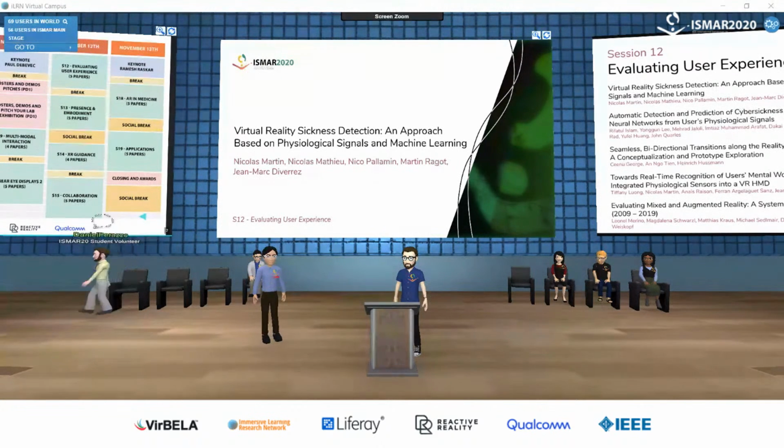At the time of the data collection, the eye tracker was not deployed as now in the HMD, but I think it's a very interesting sensor because we don't have to put it on the participants, and some studies show that it could be interesting to evaluate cyber sickness. We made the choice not to use a sensor that is too intrusive for the participants. So thank you very much.